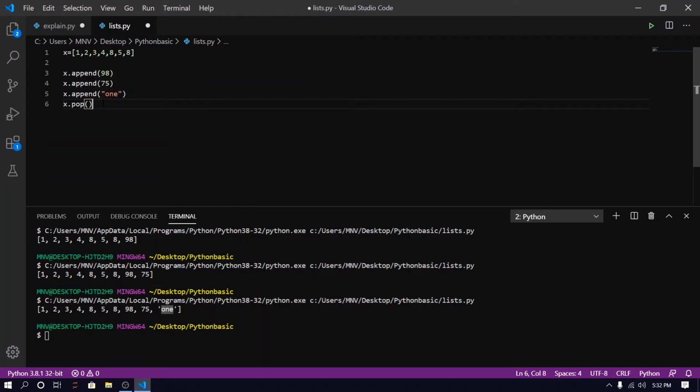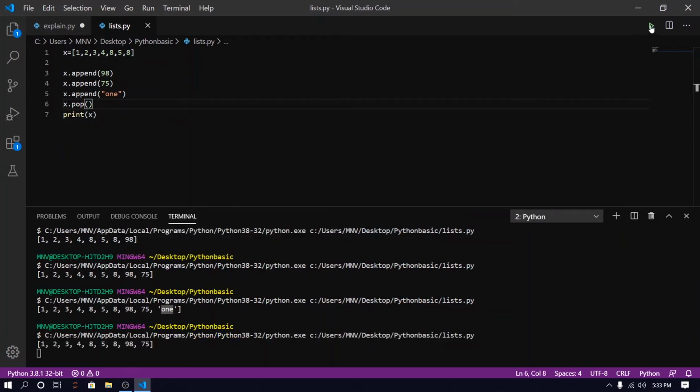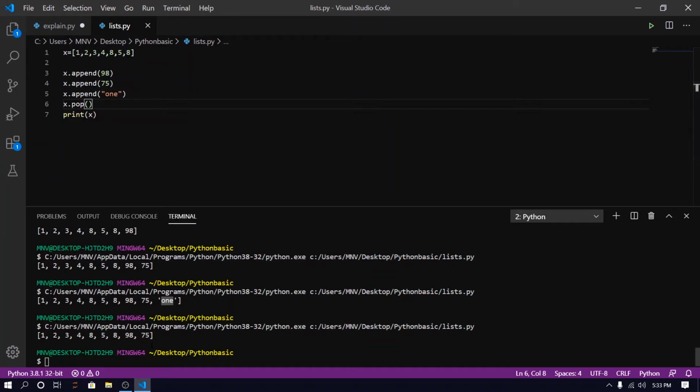So what x.pop will do is delete the last member of our list. Okay, so now I'm going to print our x. So you can see that the last element, 1, is deleted from our list.